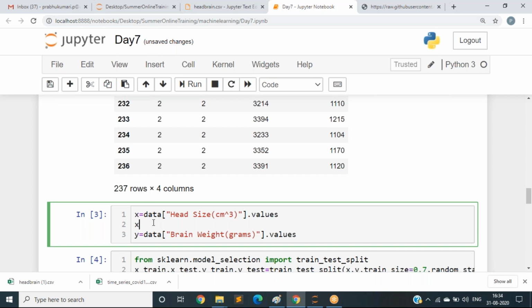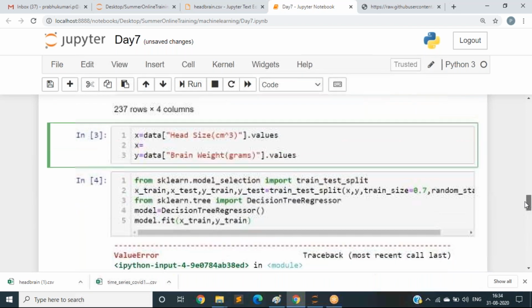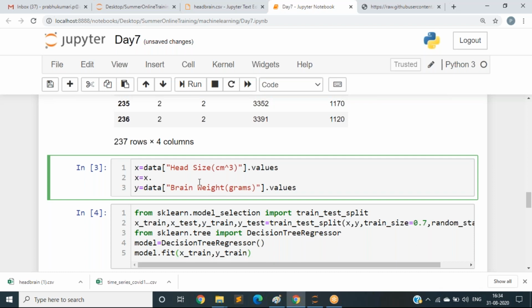I am reshaping my x data. See what it is telling, to reshape either to -1 comma 1 or 1 comma -1. That is why I am doing x dot reshape of -1 comma 1. If you reshape one, x or y, it's enough.